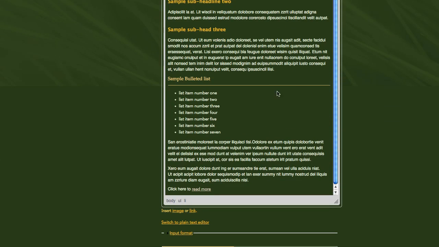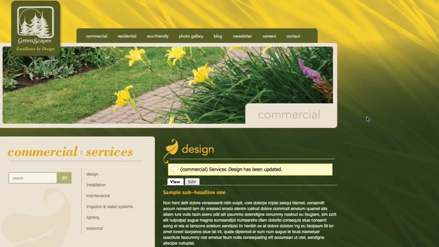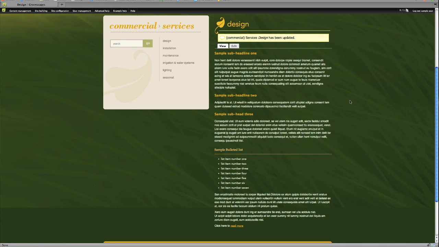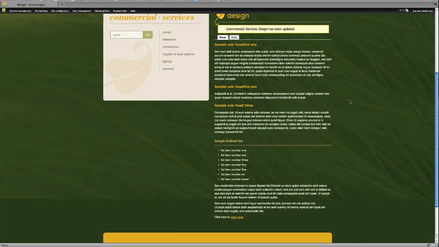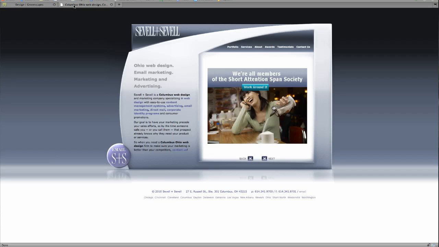Alright, everything seems to look pretty good. Let's scroll down and save our page. Take one last look at it, make sure it's formatted correctly. And let's check our link. And it opens up in a nice new window, so our Greenscapes website doesn't disappear